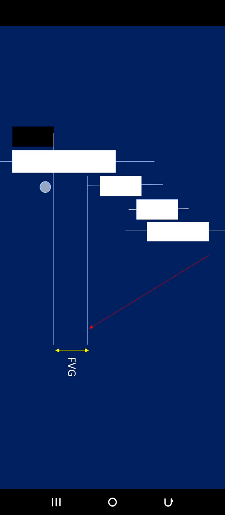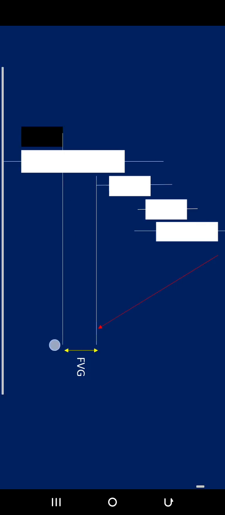When price is printing upward, it creates fair value gaps. You can even create a series of fair value gaps. Now, how do you trade with this fair value gap? This fair value gap is one of the first arrays that we talked about, PD arrays. Okay, one we have created. Price has created the first array. Now let's go on to see the next array.